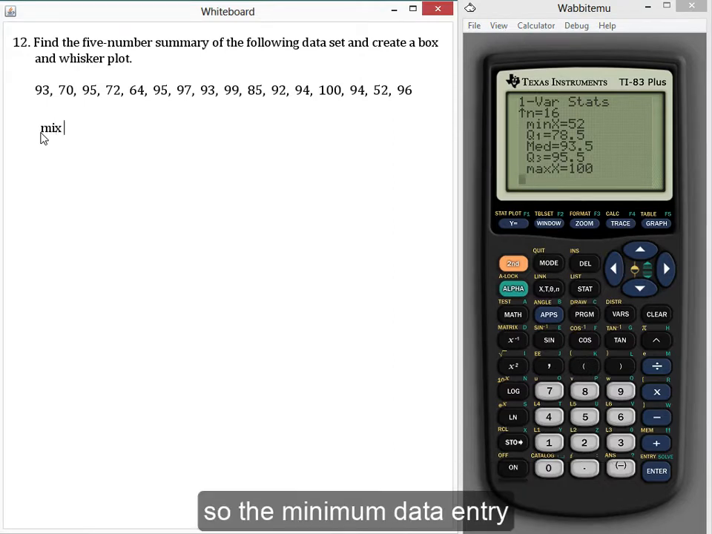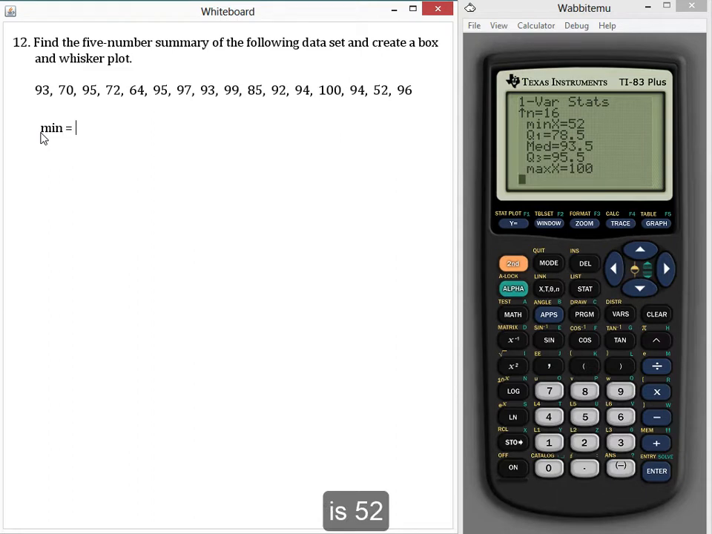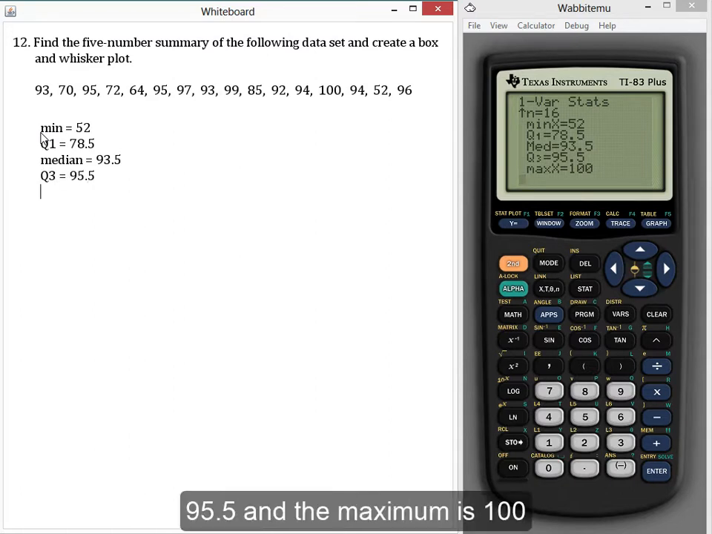So the minimum data entry is 52. The value of Q1 is 78.5. The median is 93.5. Q3 is 95.5, and the maximum is 100. So there we have the